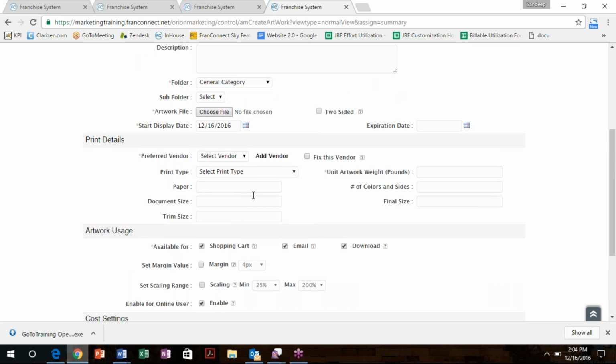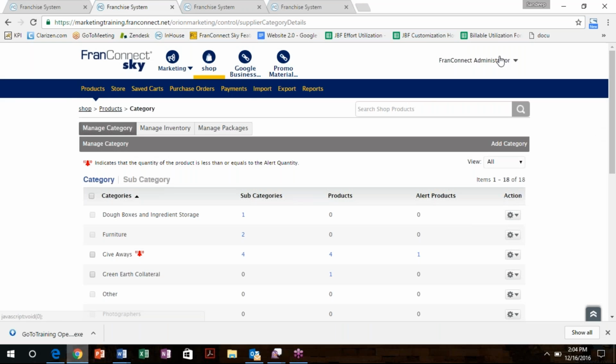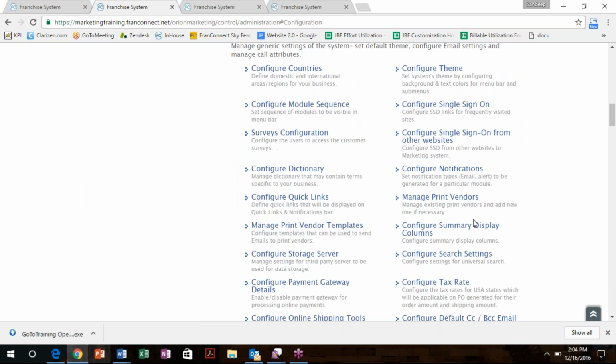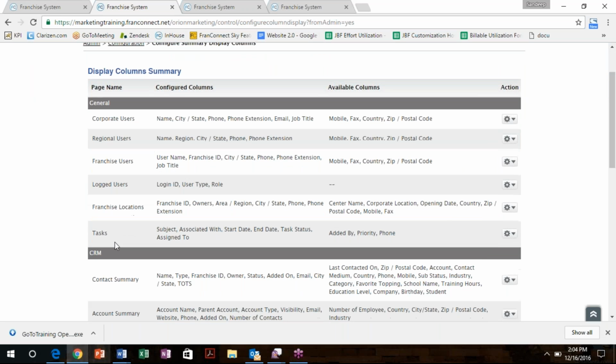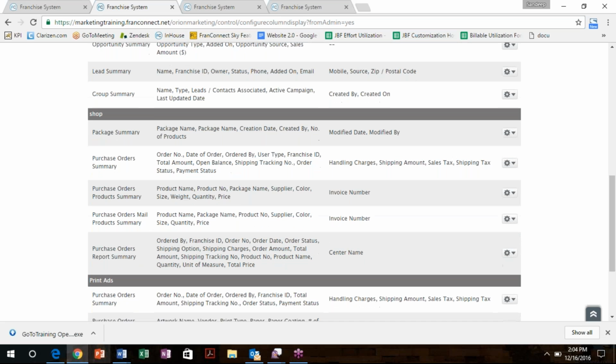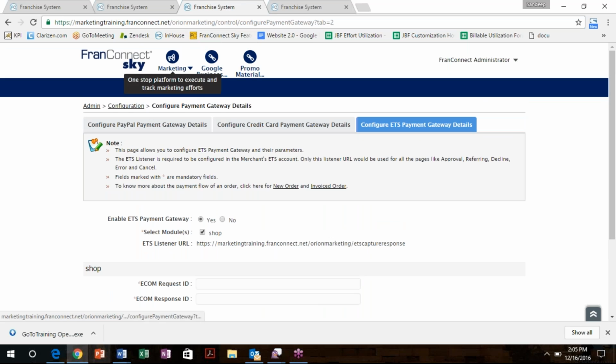And a new functionality is, again, we have provided the configuration in the admin section, which will allow you to define the field columns on the summary page for shop as well as for the print ads. So let's go to the shop, click on configure. You see different fields on the left hand side of the columns. If you mark these fields over the right side, what it will do on the front end, you will see on the summary page over here,